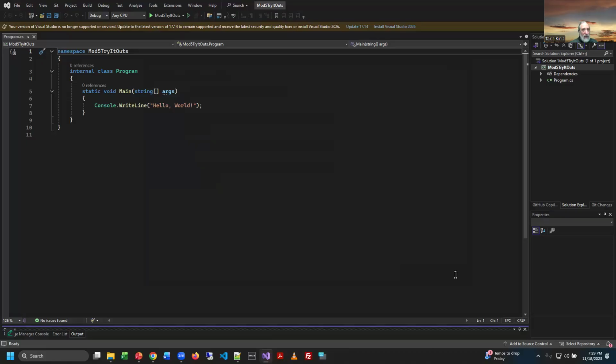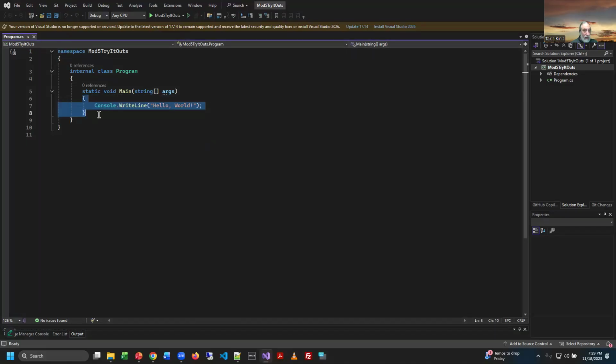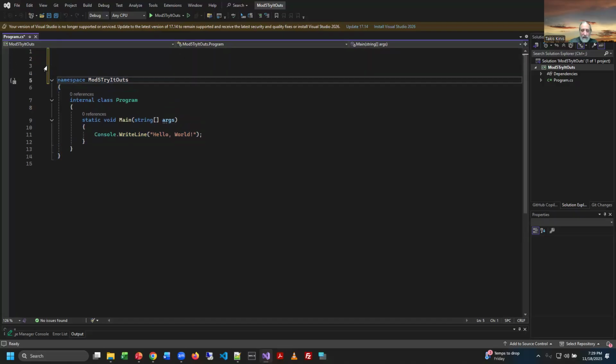It's not that you can't put the using statements inside the main method, right? This is normally where we work, inside these curly brackets, and we don't see the rest of it. But up here at the top, we're going to insert some statements as needed when we start working with our data structures. And if you think about what we're being asked to do here, we're basically going to create an